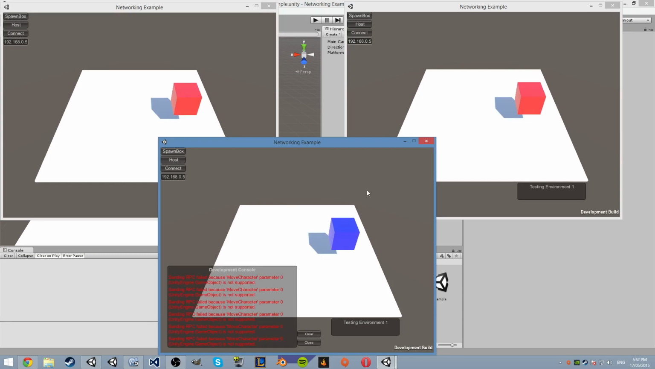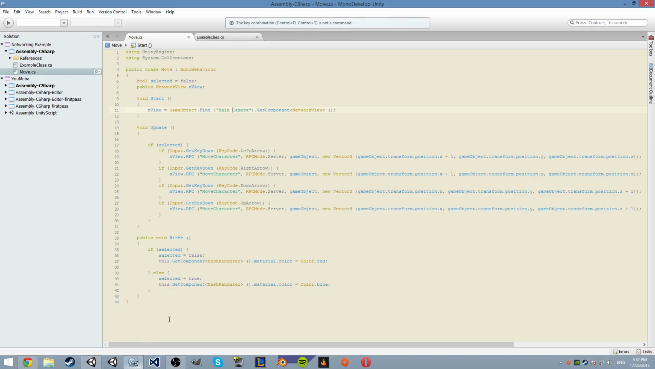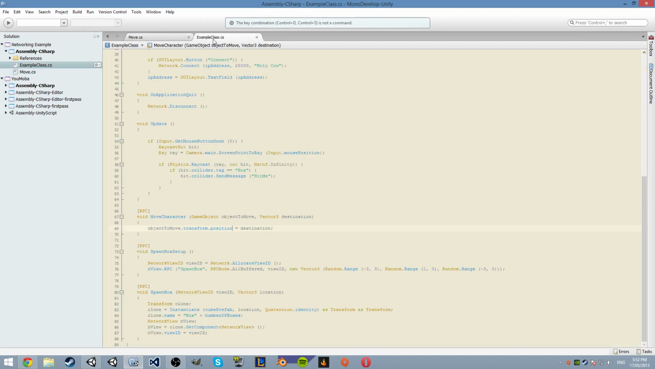Because move character parameter is not supported. Damn it. This is kind of the errors I was expecting. Well, I mean, we're at 42 minutes, so we're probably just going to split this part in half anyway, so we'll just keep going. This is not supported. We can't send a game object, can we? How do we send a name? Yes, we can send a name, and then we'll do a lookup. Yeah, this works. So game object, go find,